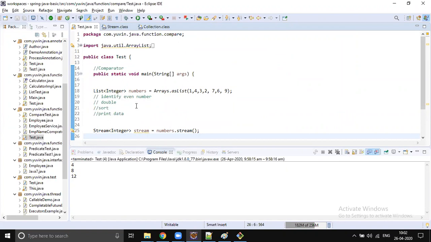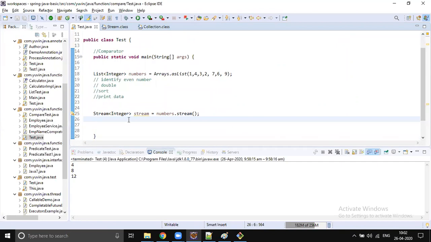So when you perform any operation on the stream, right, you must hold it using another stream, or you convert it into an output. There are two ways. Either you hold it in another stream, or you convert it into an output, right? If you attach a pipe to your tank, either you have to use it, or you have to attach one more pipe, right, to send it to another place, right? Because stream will not hold the data.